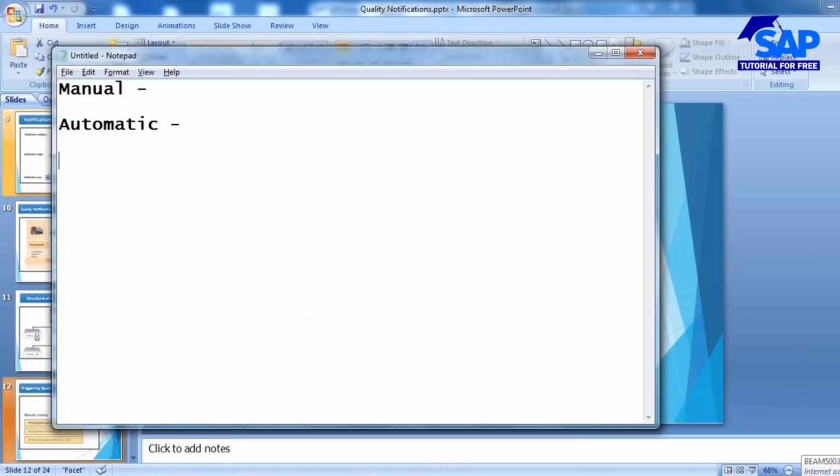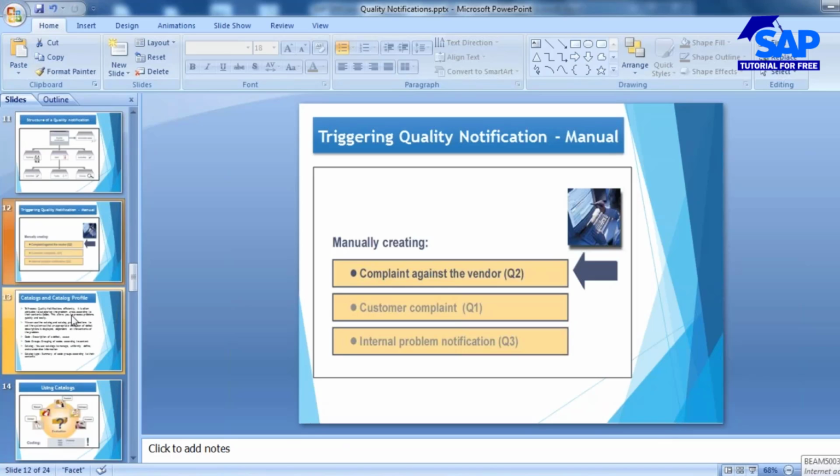The transaction code is QM01. Using this transaction code, you will be creating the quality notification manually. So let's start creating the quality notification.